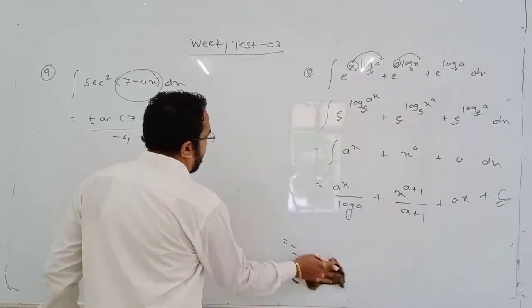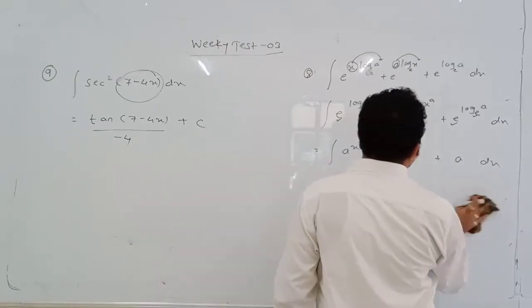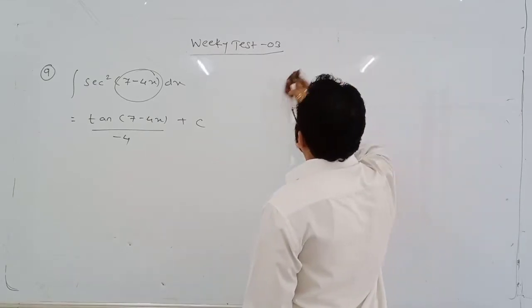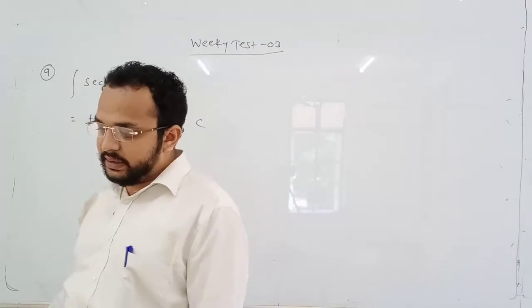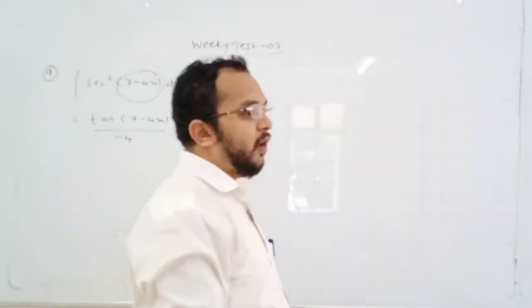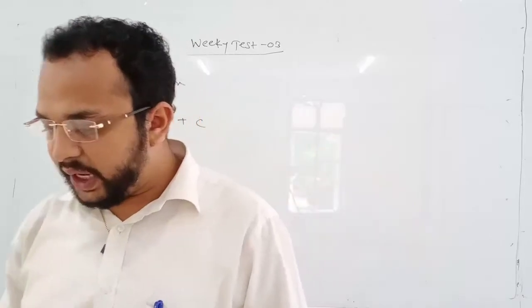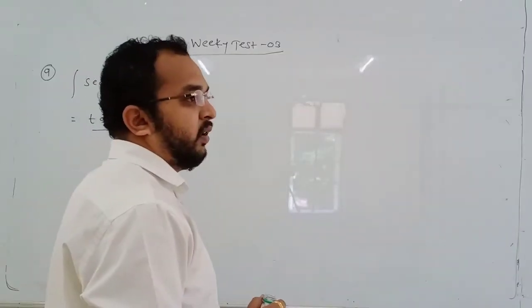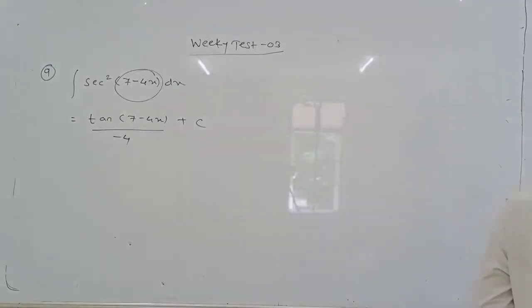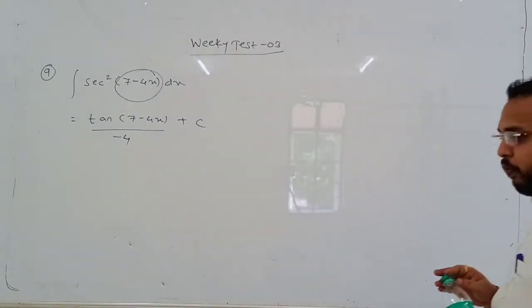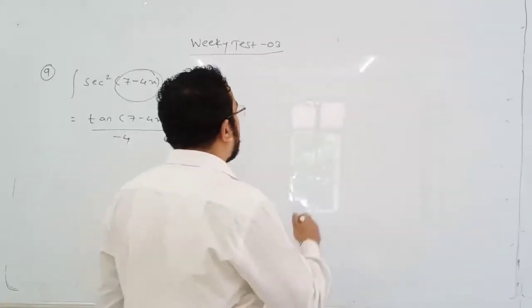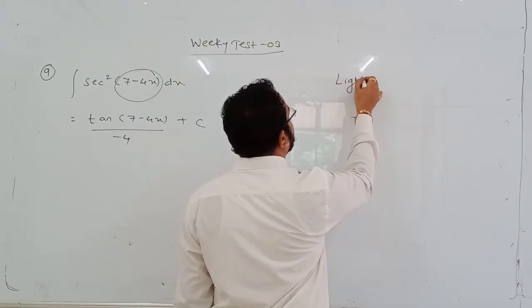Next, now an easy question. Light year is the unit of. Now most of the students think light year is the unit of time, because year is like second, minute, hour, then day, week, month, and then year. So these are the units of time. So most of the students will think that light year is also a unit of time.